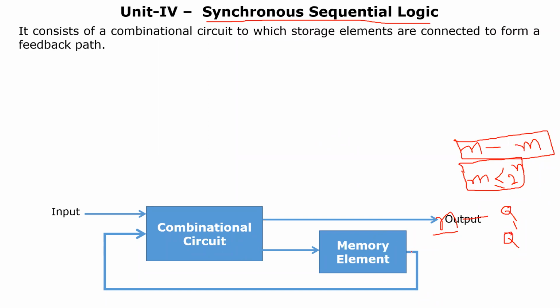Look at this. There is a feedback. There is a specific feedback from this memory unit to this combinational logic here. Feedback in the sense that whatever the output of this area is, this output plays a vital role in designing sequential logic, synchronous sequential logic. So therefore, not only the present inputs, it may concentrate on the present state of the outputs also.